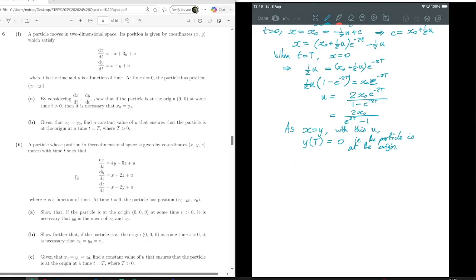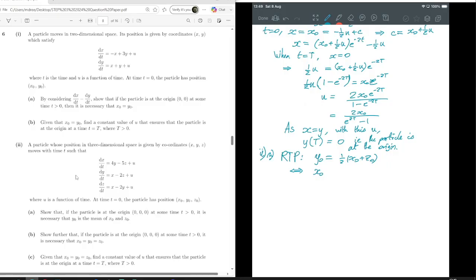Show that if the particle is at the origin at some point, it is necessary that y naught is the mean of x naught and z naught. So for part A, we're required to prove that y naught is half of x naught plus z naught, which is the same as saying